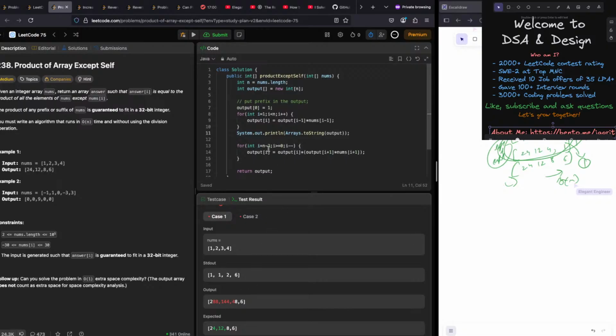Here, n minus 2, output of i is 2, right? You multiply that,